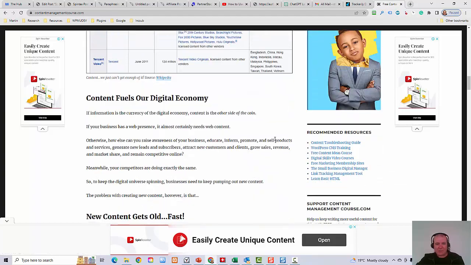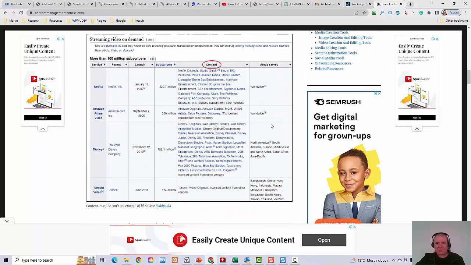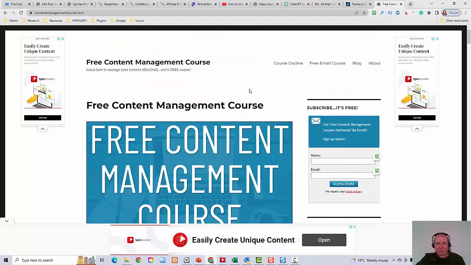So what I'd like to do is use ChatGPT to help me create a draft article that we're then going to hopefully publish on this free content management course. So I'll post the URL later on of the article once it's all done, and you can then go and inspect it and see for yourself what the end result is.